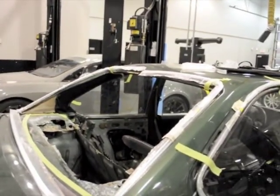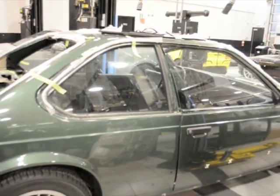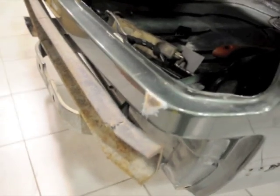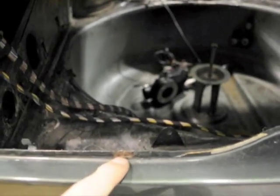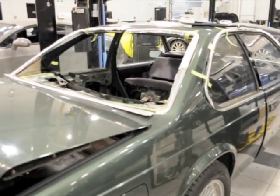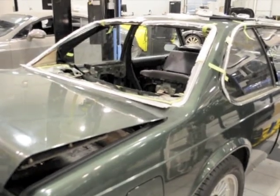I was very fortunate to find the car, and it's very well preserved. The body's very dry, except for this little bit of corrosion, and there's some tiny bubbling there. That's it. It's a totally dry car. A lot of these had reasonably hard lives in Europe, and they were rusty. So this is an excellent example. But we did find that